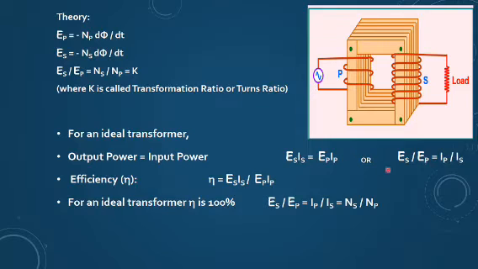But we have said that Es upon Ep equals Ns upon Np. If I go with theory, then I can equate all these things, and I am left with this relation, which I can use as per my requirement. Whenever I want to use this relation, Es upon Ep equals Ip upon Is, which equals Ns upon Np. Ns and Np are of course the number of turns we are taking.